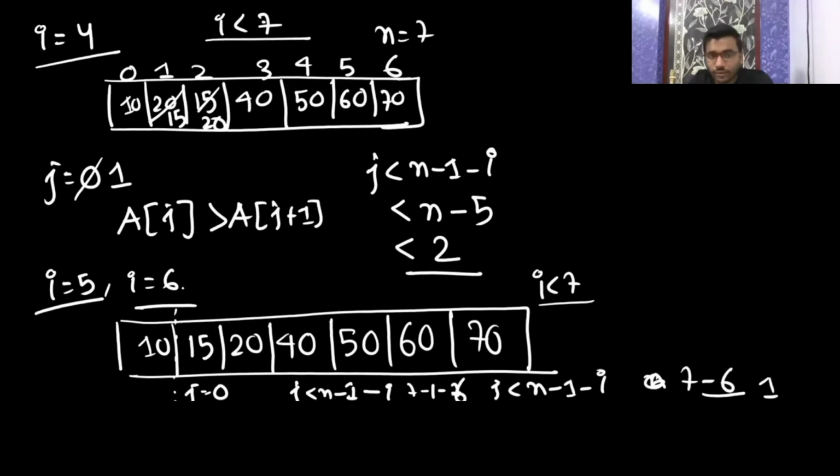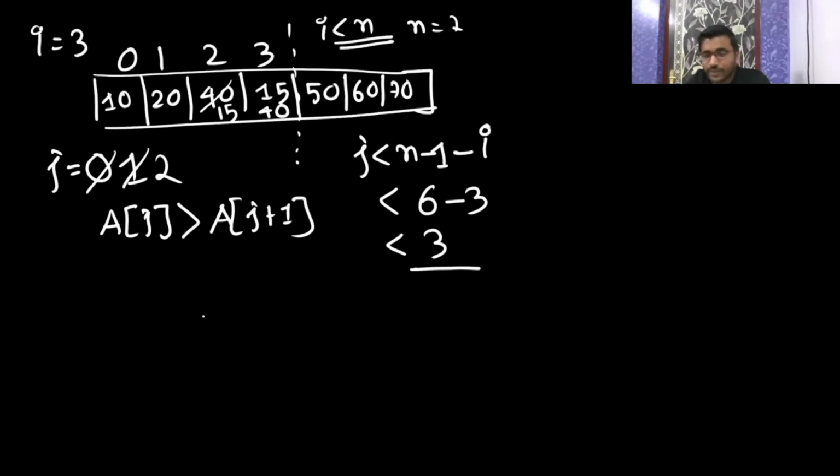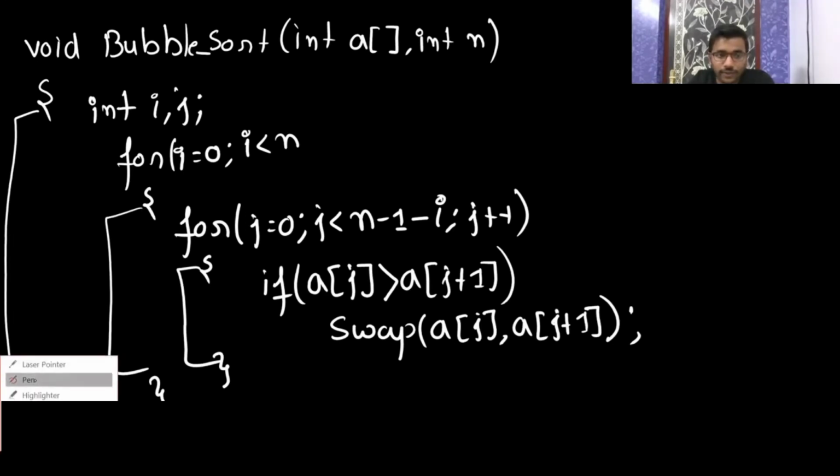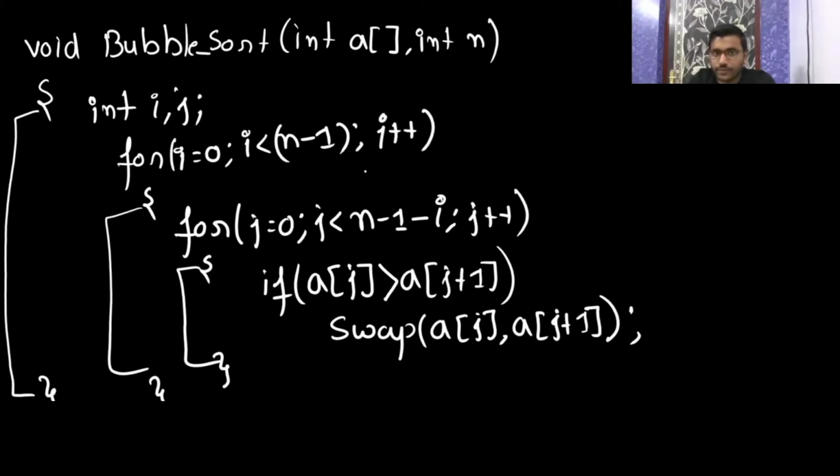Okay, so that's why I've told you, you should even run it till n minus 1, because it is only one element. So you can even write here, in a correct way. If you understood this, you can write here till n minus i, n minus 1. Is it clear? You can write n minus 1. See, it is a very correct way. Okay, so if you run this loop till n and this also till n, then also it will be correct, but you don't require it. See, this way if you write, someone will think that you are having good knowledge of the algorithm, of this code. Understood? So this is the simple way of bubble sort.